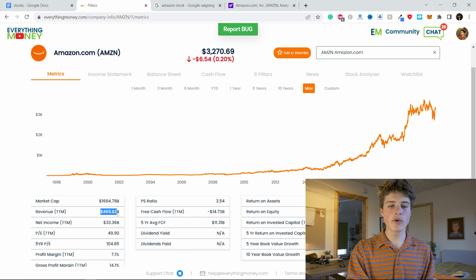But the thing is, if we go ahead and look here, they actually have an insane revenue. So last year they did $469 billion in revenue. So their price to sales is actually reasonably low, very low actually. Price to sales, that is their market cap divided by their revenue. Why is there such a big difference? Well, that is the profit margin. So they have a very low profit margin, and that is why the price to earnings differs so much from